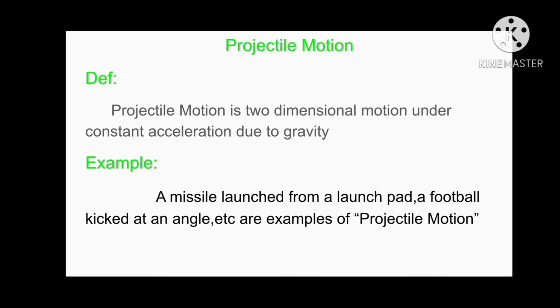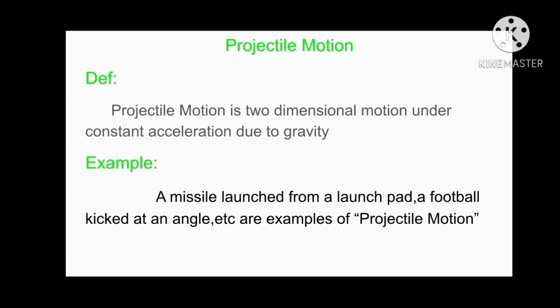Here we have noted two points. The first one is two-dimensional motion, meaning such a motion which has two dimensions. Actually, an object being projected moves along the horizontal component as well as the vertical component. So we can say that projectile motion is a two-dimensional motion. The second point is constant acceleration due to gravity. It means projectile motion is such a motion which is only due to the action of gravity. There is no other force causing any change in this motion if we ignore the force of friction.